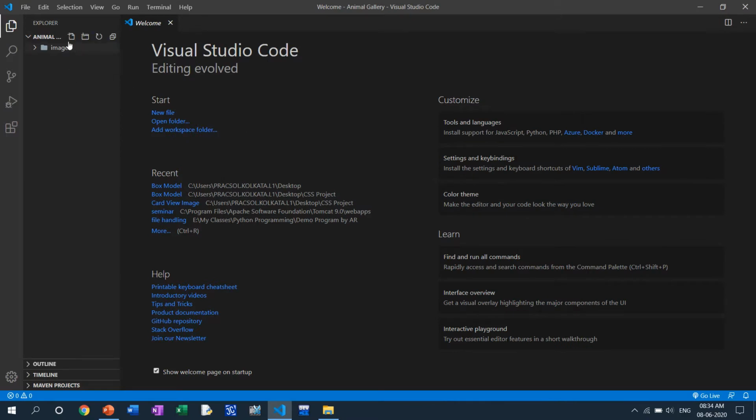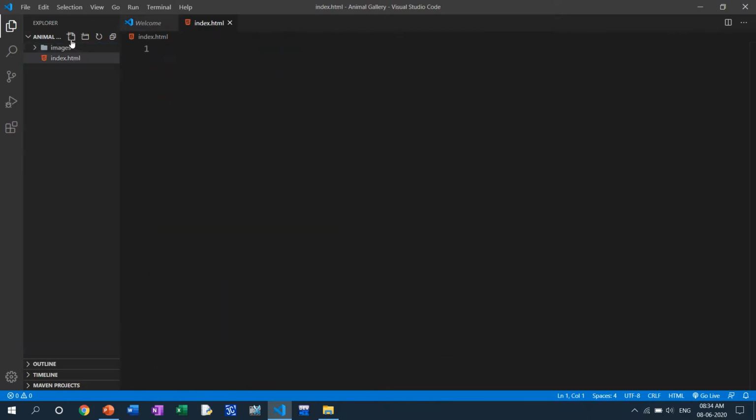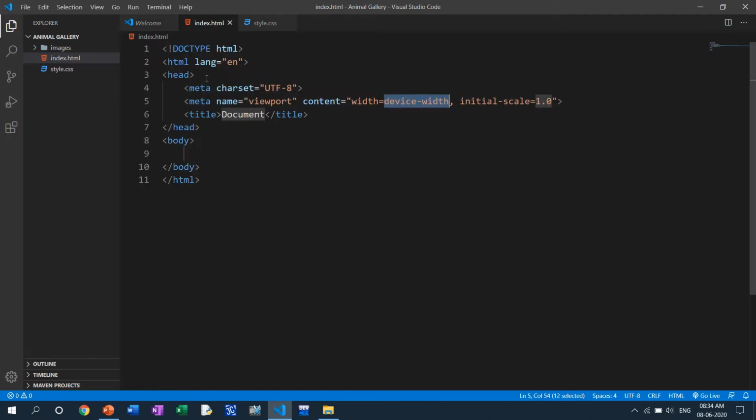I've just opened Visual Studio Code and created one file named index.html, and one more file I need, that is the style sheet, right? I need to put the name style.css, fine. So in the index file, I put html5, and the document title I made it animal